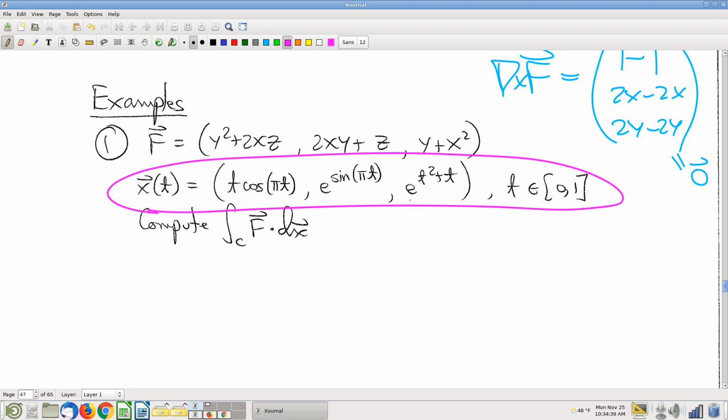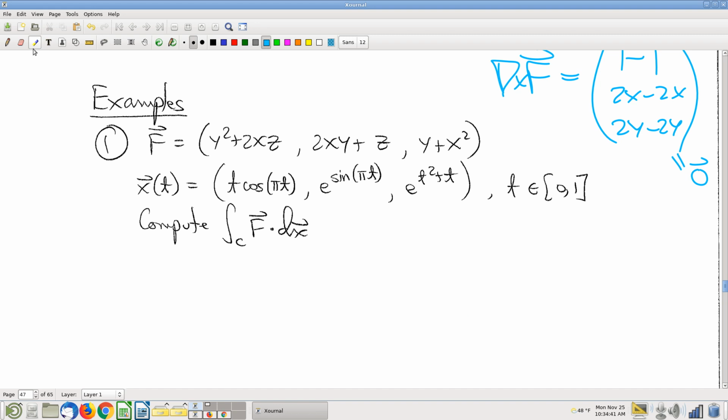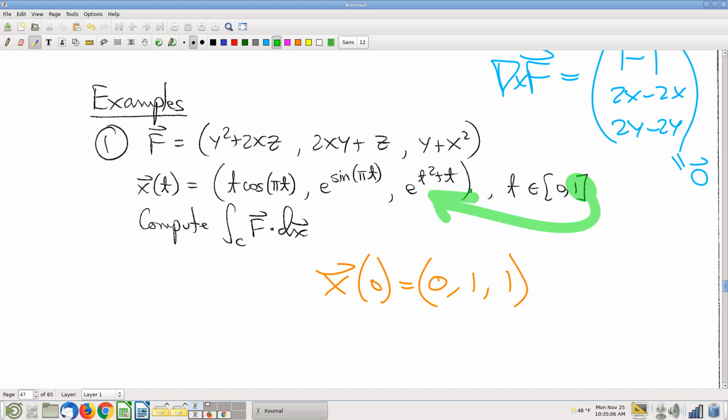So, let's just look and see, does this curve start and end at the same point? Well, plug in t equals 0, and you get, let's see here, 0, 1, 1. Right, now, what is the ending point? The ending point, well, we'll take the last value of t. We'll plug that in, and we get